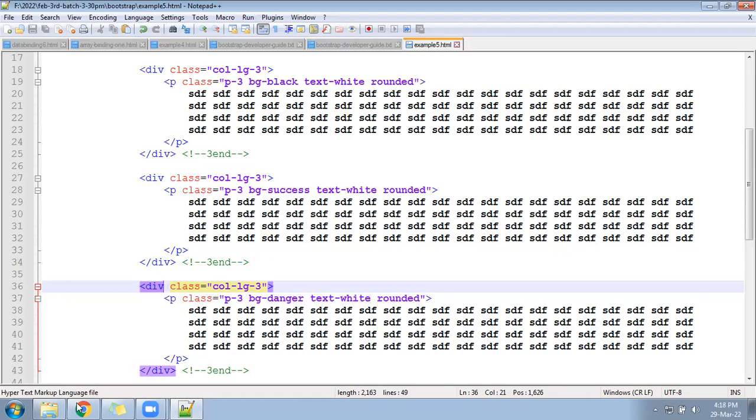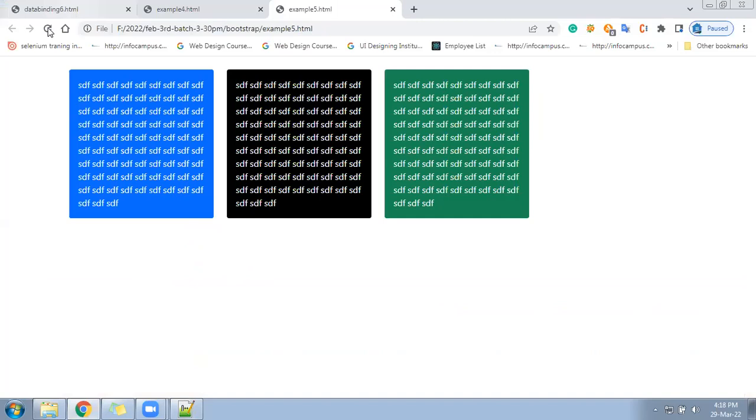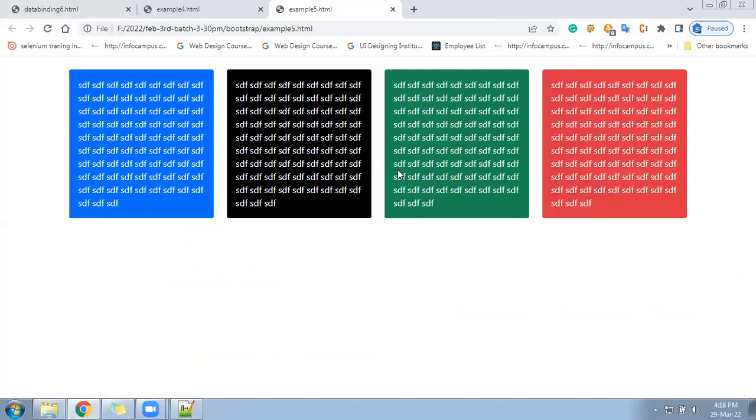Right, so hope you saw that color combination and everything. So this page, let it be like this. We will work for the next classes, next example.